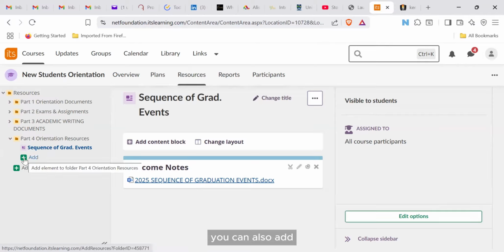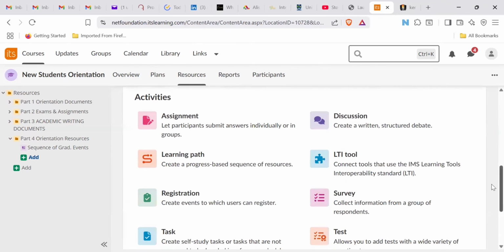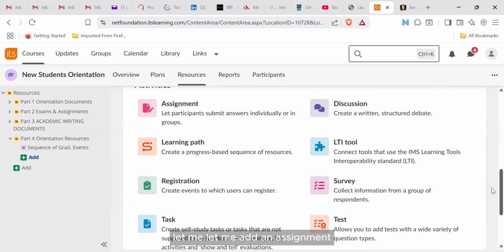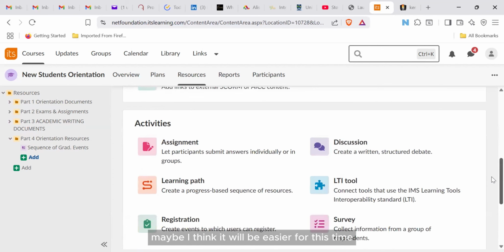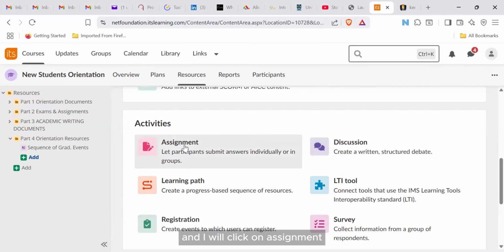You can also add a different type of activity. Perhaps in part 4, I want them to do a test. If I want to add a test, then in part 4, I will click on the add button, which is within the folder that I want to add the test in. And I will come to the segment 4. No, let me add an assignment. I think it will be easier for this time. And I will click on assignment,